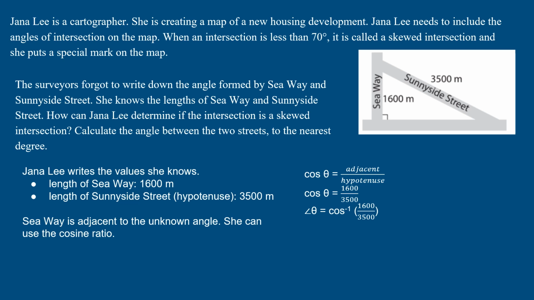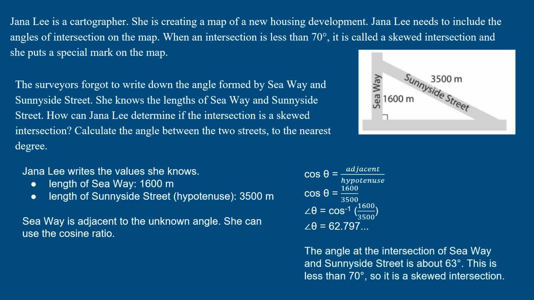We put the inverse cos in our calculator by using the second function or shift button in our calculator. So you would press second function cosine to get that inverse cos, and then you can put in 1,600 over 3,500, or you can divide that first and get a decimal, and then take the inverse cos. Either way, you get the angle is